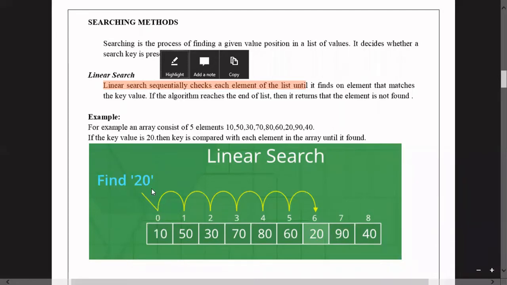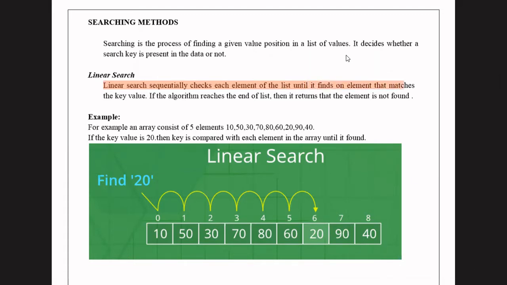We compare 20 with 10, and then the next immediate element. Sequentially we compare whether the key value 20 is equal to the list values or not. Finally we found the key value at index position 6, so we print the same and close the program. That is about linear search, and this process repeats until it finds an element that matches the key value.